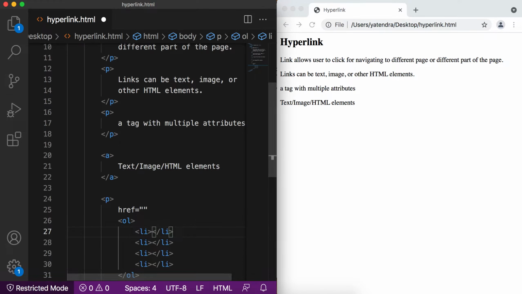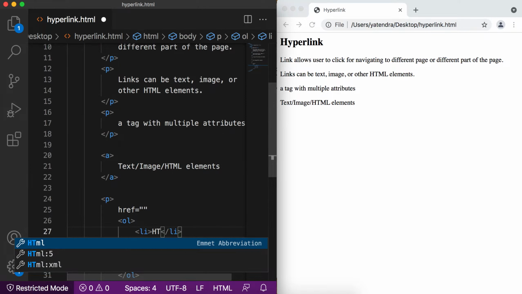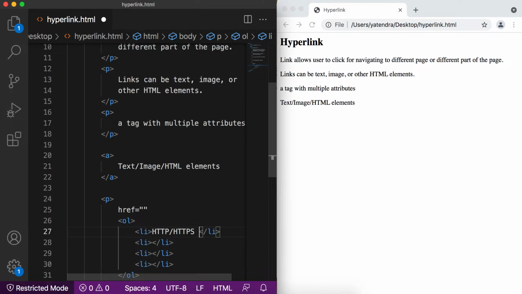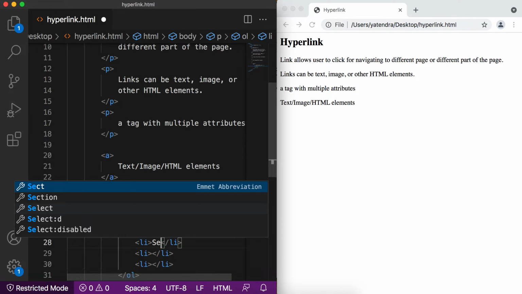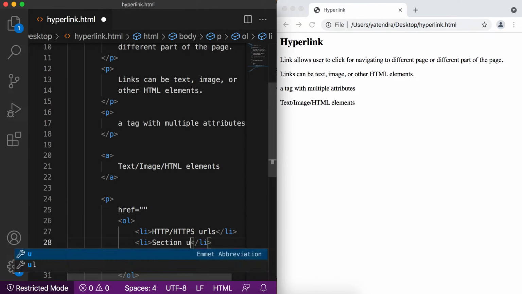In href we can give http or https urls. Simply you can write any url in the href, like www.google.com or any website url that is available publicly, right? We can write this type of url. We can give the section url, or we can say segment url.